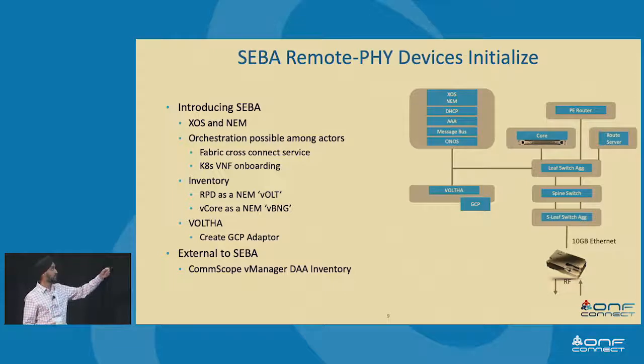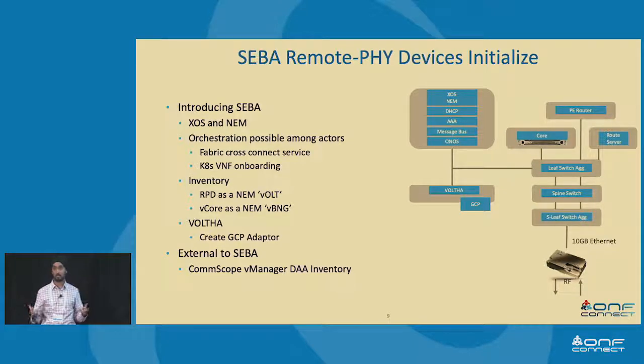And one of the other things is the VNF, vCore. We talked about vCore, the virtualized CMTS. That now needs to be managed natively in SEBA. From an inventory perspective and from some of the services perspective, you can look at similarities. RPD is now looking like a virtual OLT service, and vCore, like I covered already, is looking like a virtual BNG. So when you're starting with something new, you try not to change too many things, so we try to keep those concepts in mind.